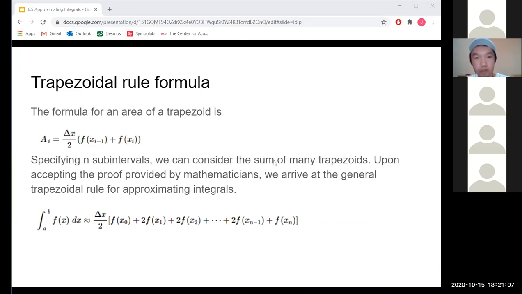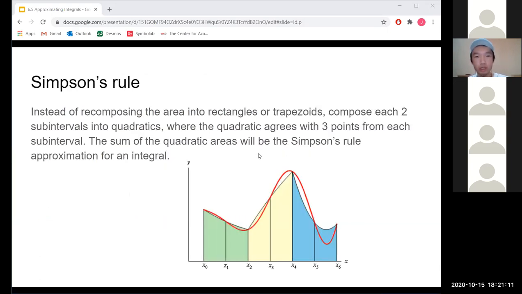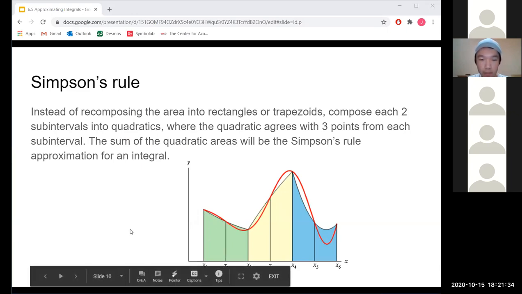All right. Before we do examples, we're also going to just cover the last rule. So here we have Simpson's rule. What is Simpson's rule? So instead of using rectangles or trapezoids, we can get an even more accurate approximation for the integral using quadratic functions. So if you look at this diagram here, and then you look at, say, the green part, the first two intervals on the left,